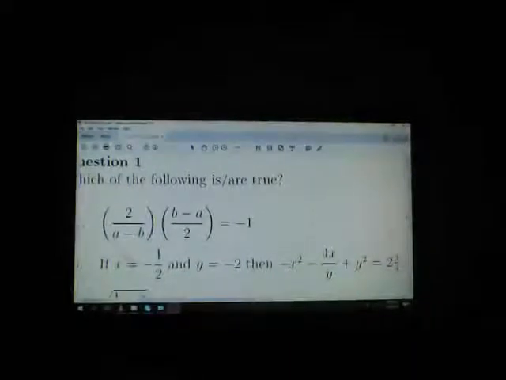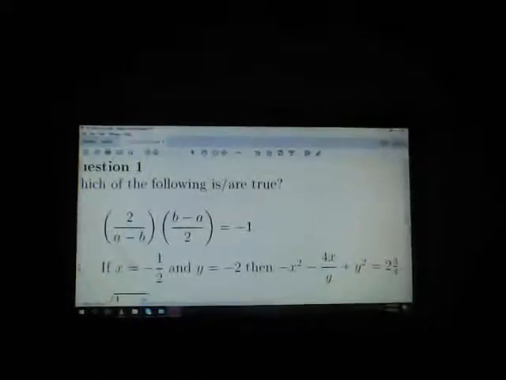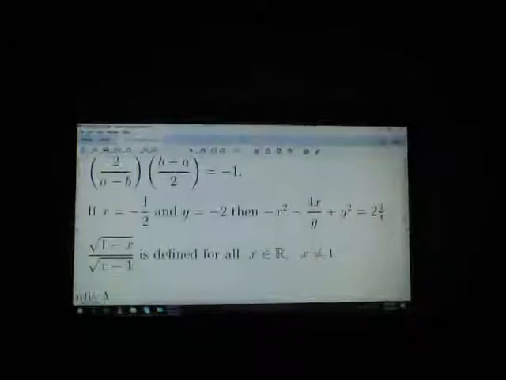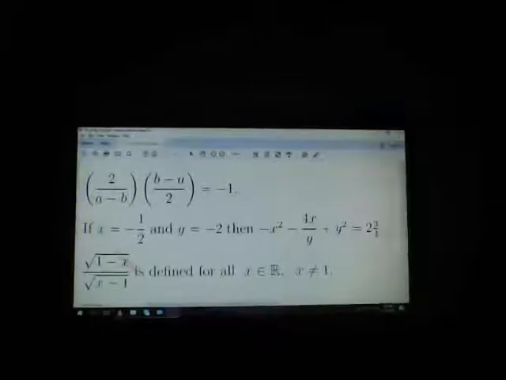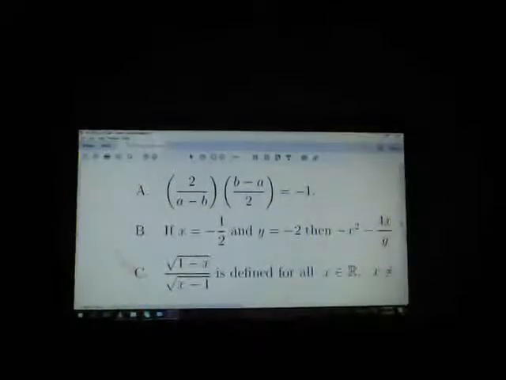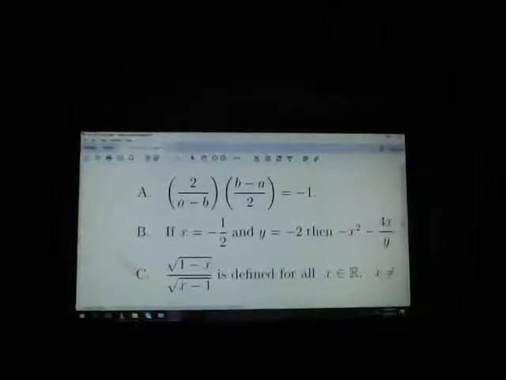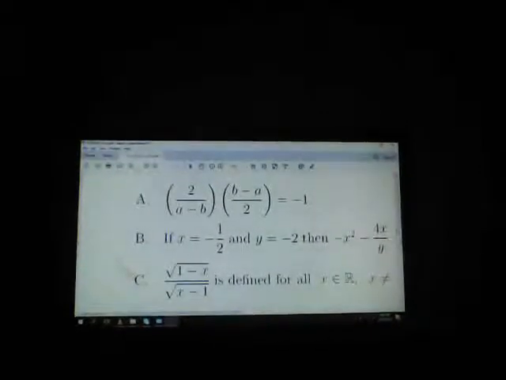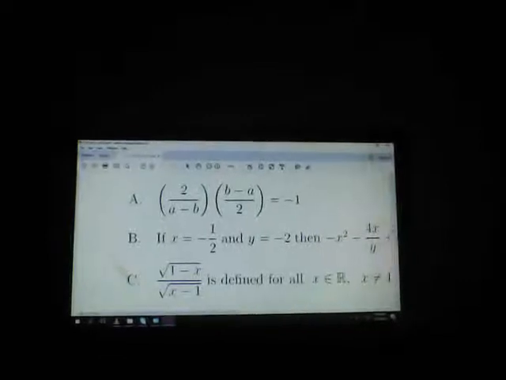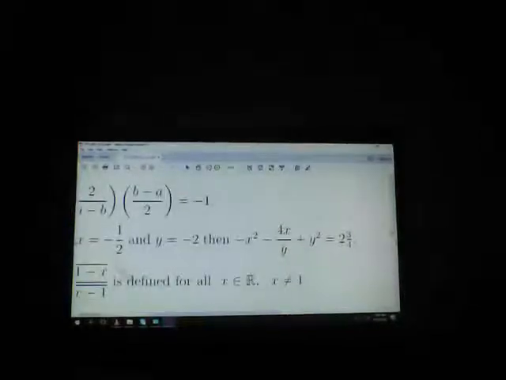So x equal to -1/2. The first one, just like we see A, that's the first one. We have to check if it's true. Everybody hopefully has seen the first one. And B, they give the value of x equal to -1/2 and xy equal to -2, and we're going to have to check if that statement is true. And the last one,